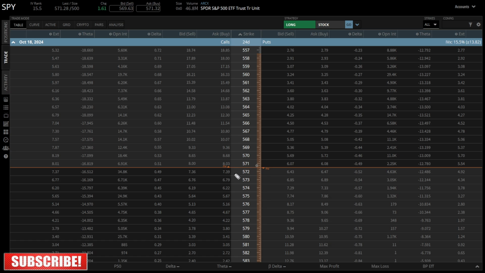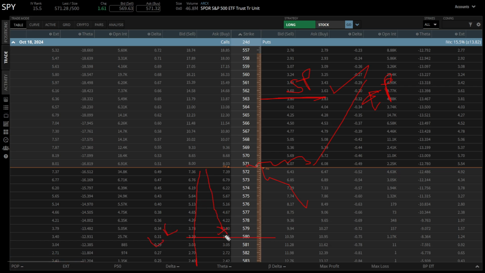If we think the stock is going to trade sideways or go up, we're gonna sell a put option. Okay, if we think the stock is going down past our strike price, we're gonna buy a long put. Here we are selling a short put. If we think the stock is gonna go up past our strike price here, we're gonna buy a long call option. If we think the stock's gonna go up but ain't gonna pass our strike price, or maybe trade sideways or down, we're gonna do a short call. Okay, so very, very simple.